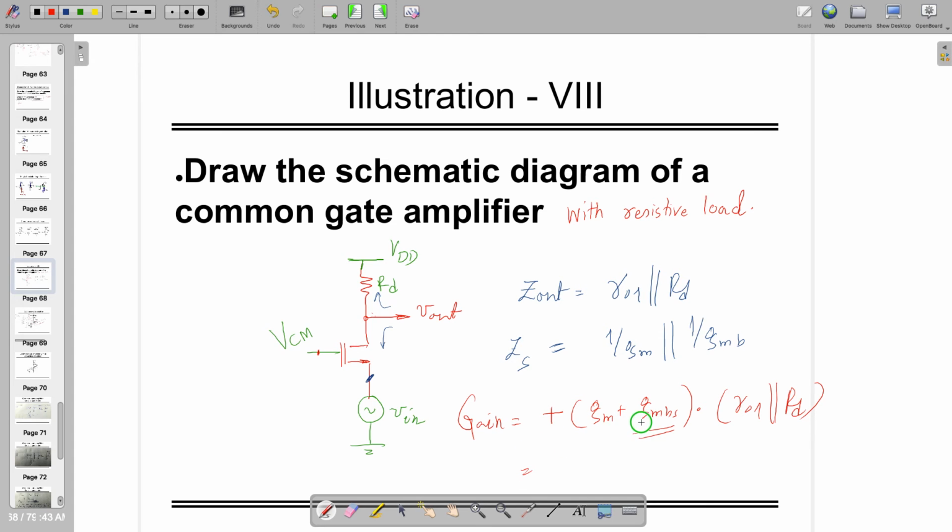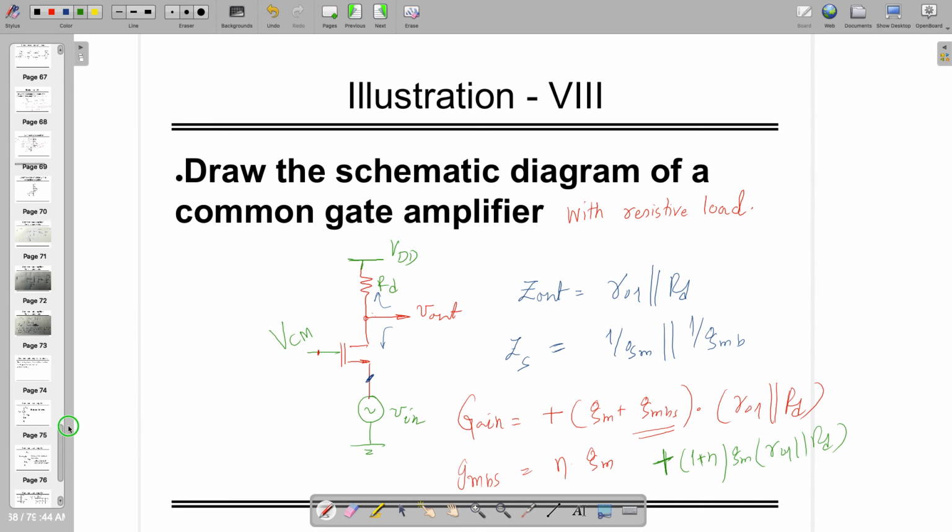If there is a relation between GM and GMB, if GMBS is eta times GM, then I can write down that the gain is equal to 1 plus eta times GM times RO1 in shunt with RD, right? So this is the gain, but with the positive sign. It's not negative, it's positive sign. Okay, so if you follow that,